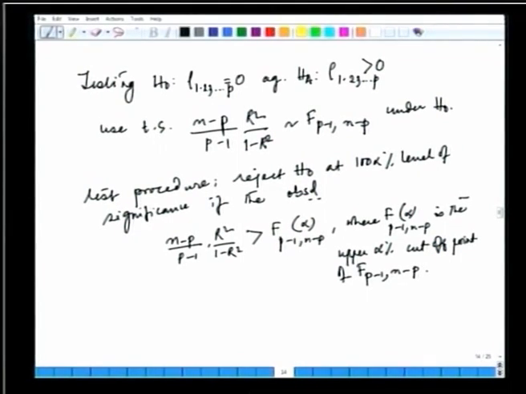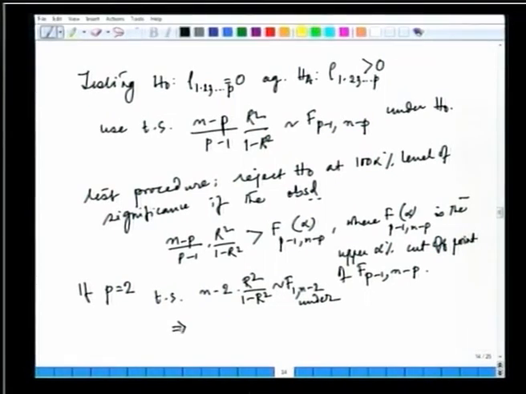of the F distribution with degrees of freedom p minus 1 and n minus p. And recall that if p is equal to 2, we have the usual bivariate case, and what is the statistic in that case? The test statistic reduces to n minus 2 times r square. Well, let us write r square for this also, r square by 1 minus r square. This is going to follow an F distribution with 1 and n minus 2 degrees of freedom under H naught, and